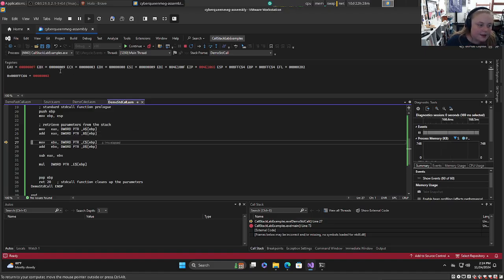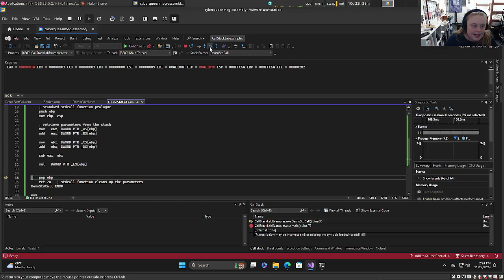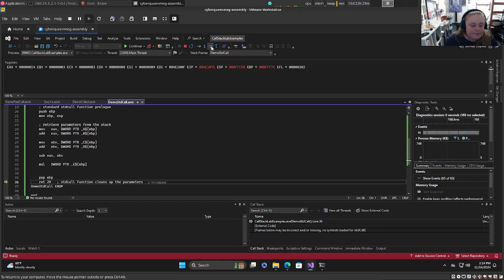You see that value updated without having to add it to EBX. Then we're going to move C to EBX, then we're going to add D to it. Then we're going to subtract those two, keep it in EAX, and we're going to multiply by E. So we're going to get 14 hex or 20 decimal. And then we're going to pop. I'm going to return